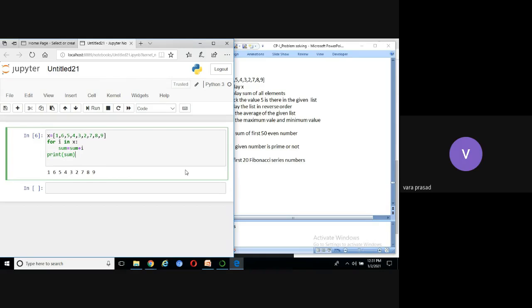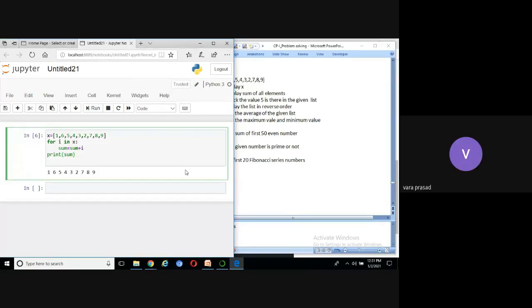Sum is inside the for loop. It is not declared before the for. Which one? Sum. Okay, right. That means you are saying we need to declare sum before for loop?